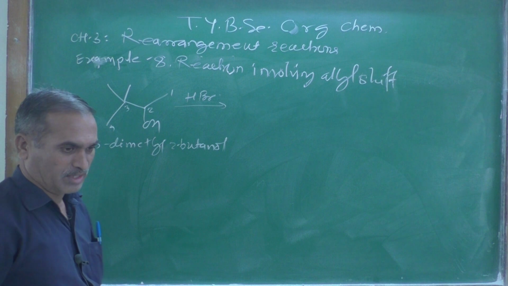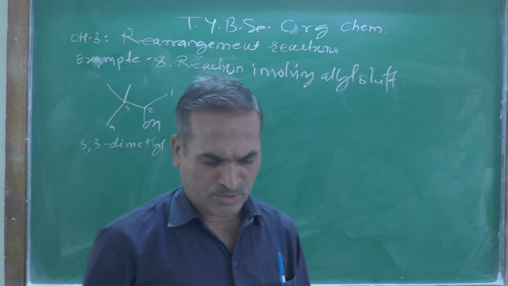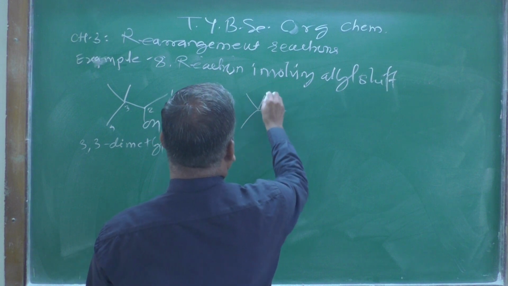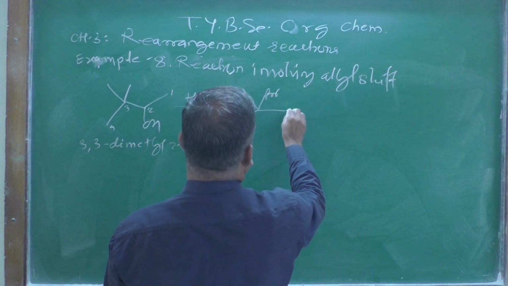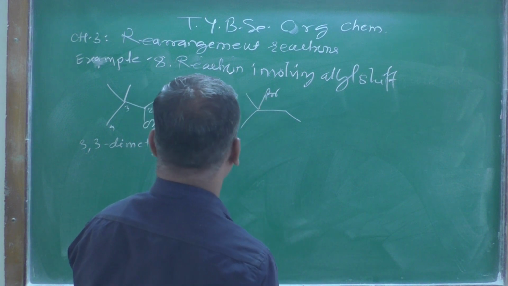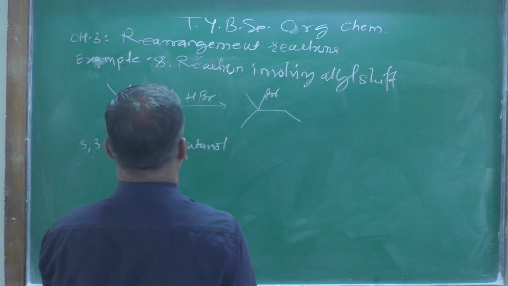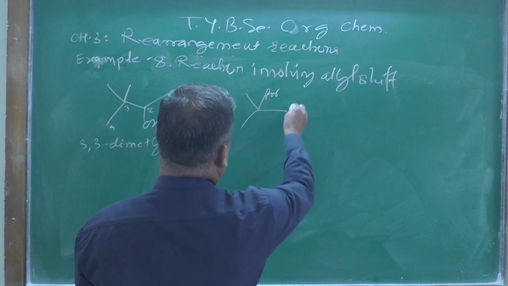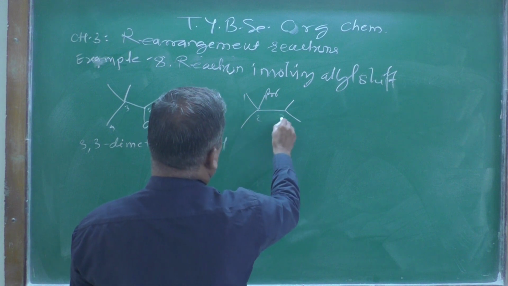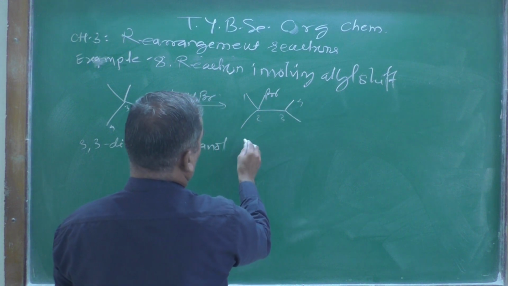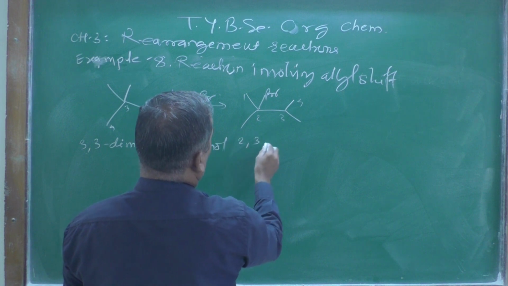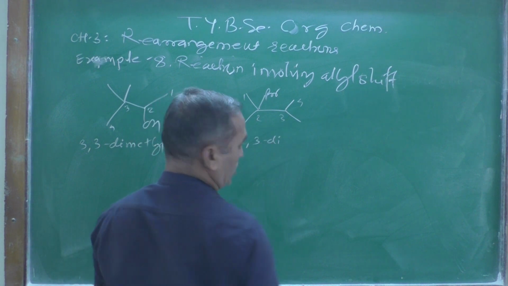This is the IUPAC name, and the product which you are going to get will be this one, Br, and the name of that product will be